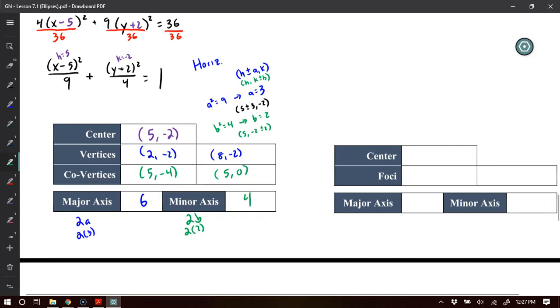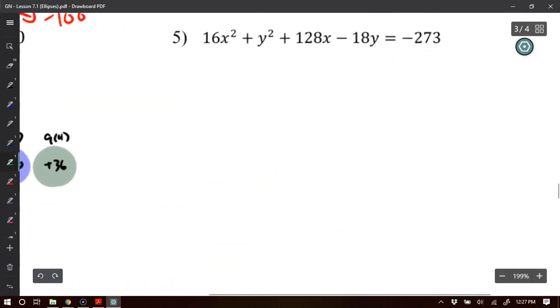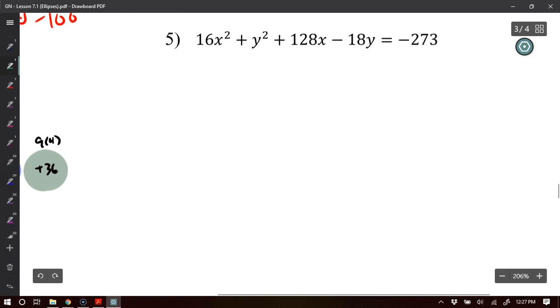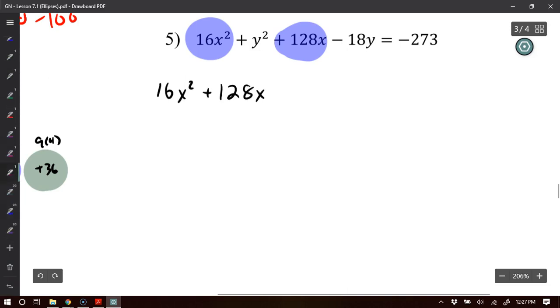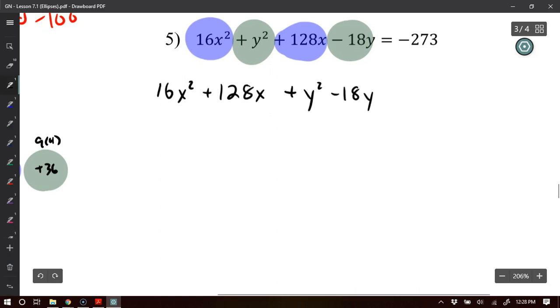This is concept 2 on the quiz: completing the square and identifying important parts from that. So let's take a look at this one. Same idea, like terms together. I'm going to highlight again. I'm going to get my like terms, 16x squared and 128x. Those go together, so I have 16x squared plus 128x. I'm going to highlight the y terms: y squared, so positive y squared, minus 18y. And that equals